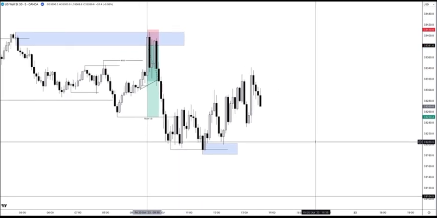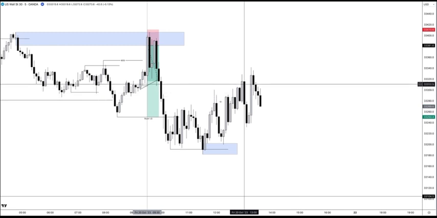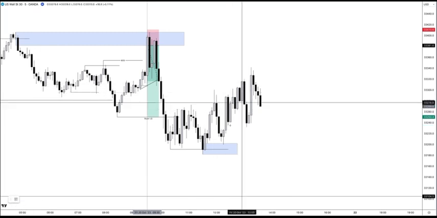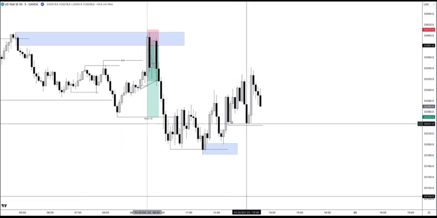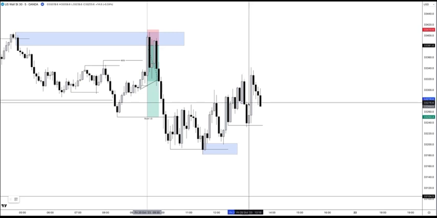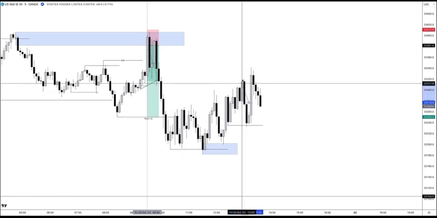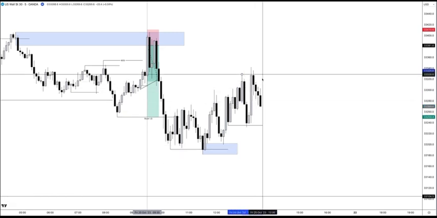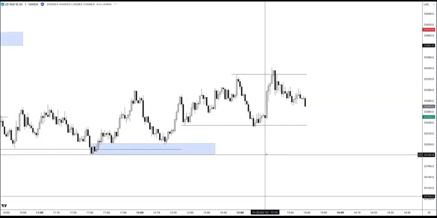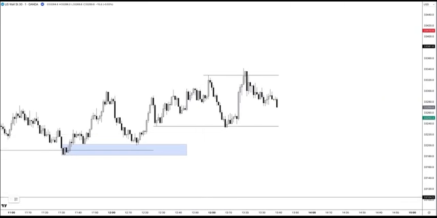So how can we get involved in this? Well, right away I see we take a low, all right? We are not going to be selling this here. No point, because now we're trading with retail. We wait for the highs to get taken. Highs get taken. And nice little